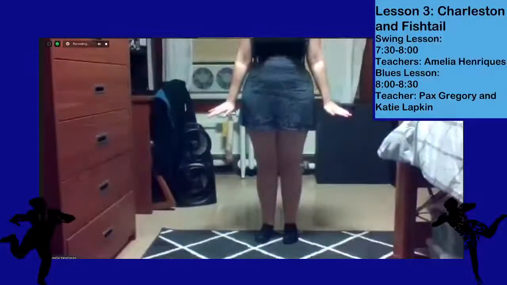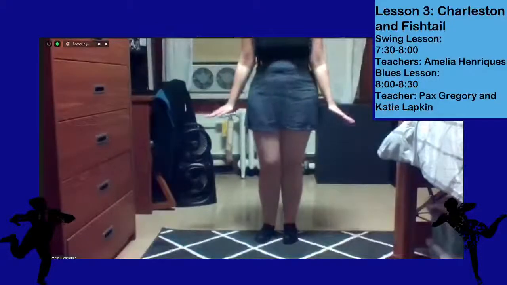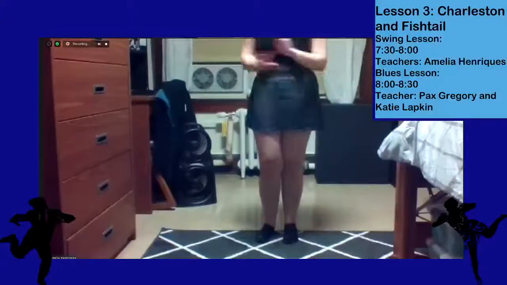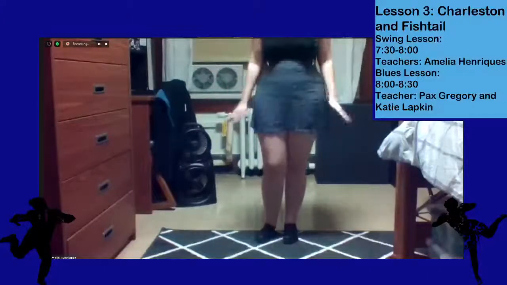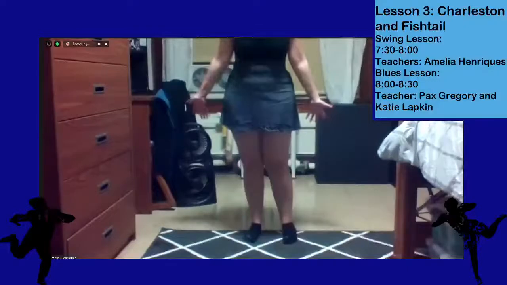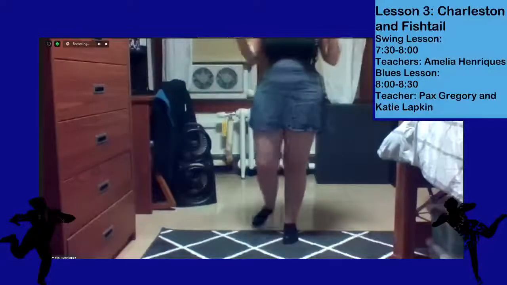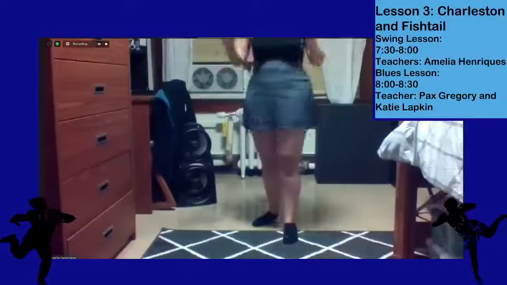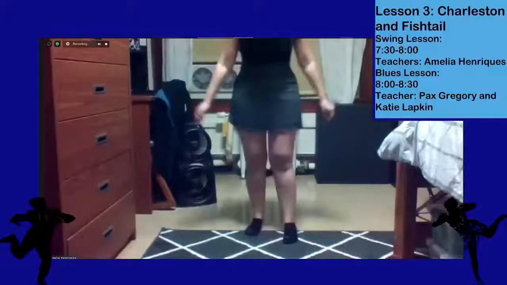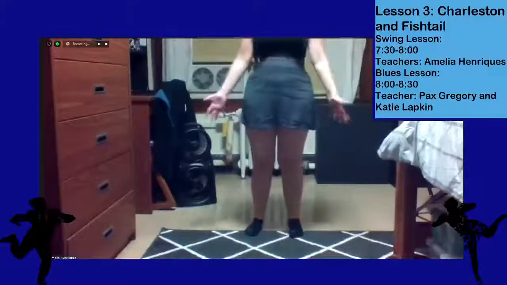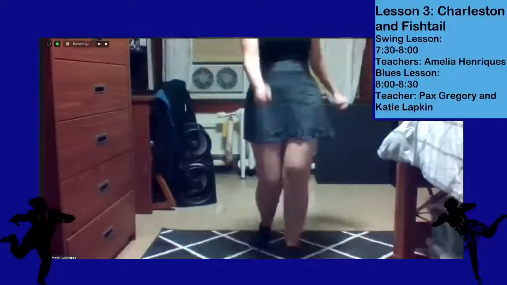So 20s Charleston, that's what we typically think of when we think of flapper dancers, Prohibition, 20s New York, the Great Harlem Renaissance. That was 20s Charleston. And it was one of the biggest things in the Savoy Ballroom right before Lindy Hop. So your feet, once you've got that walking motion down,